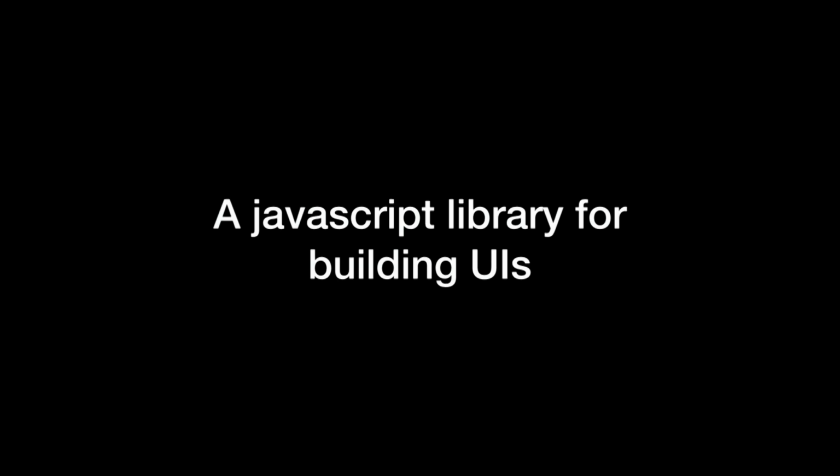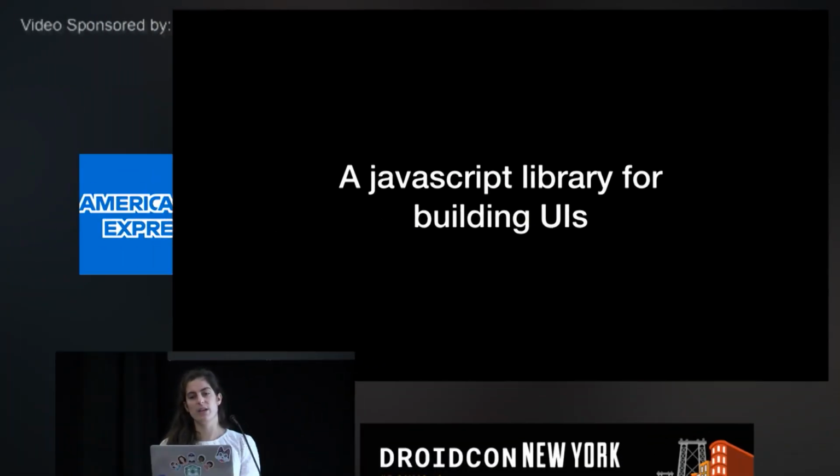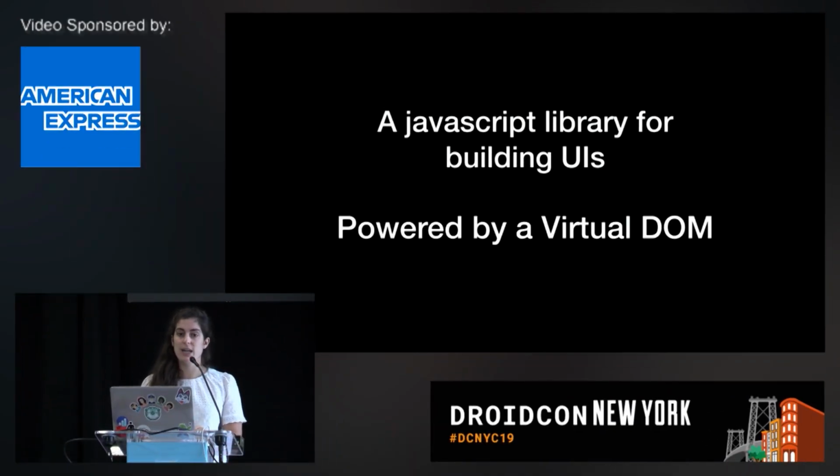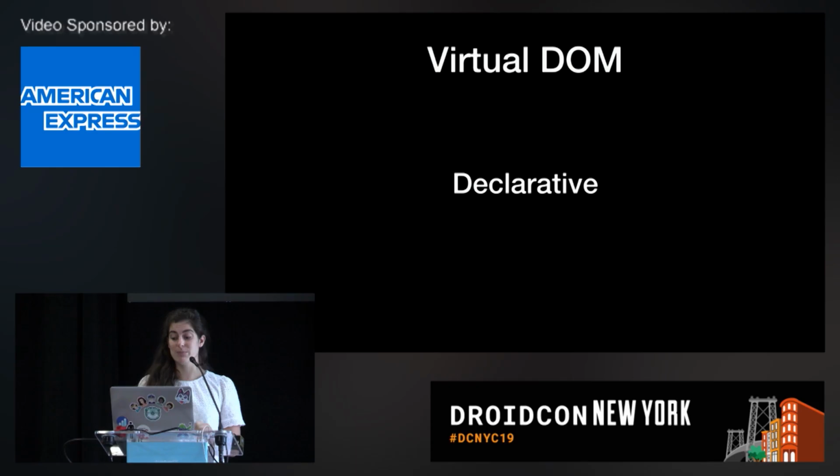So there is something very interesting about React Native that is in that very first word, which is React. And that is because React Native is just a native port of React, which is a very popular JavaScript library for building UIs. Now, the reason React is important is because the architecture of React is actually what allows React Native to be possible. And specifically, React is powered by a virtual DOM. If you don't like web dev, don't worry, you don't need to know too much about this, except that it allows your UIs to be declarative.